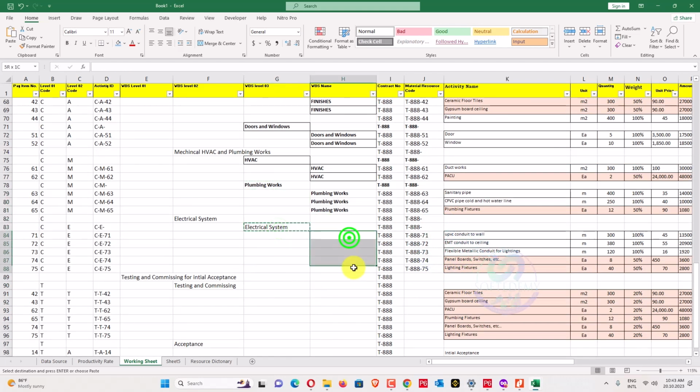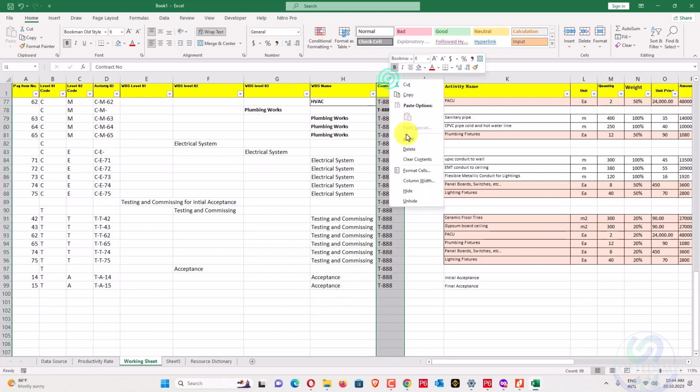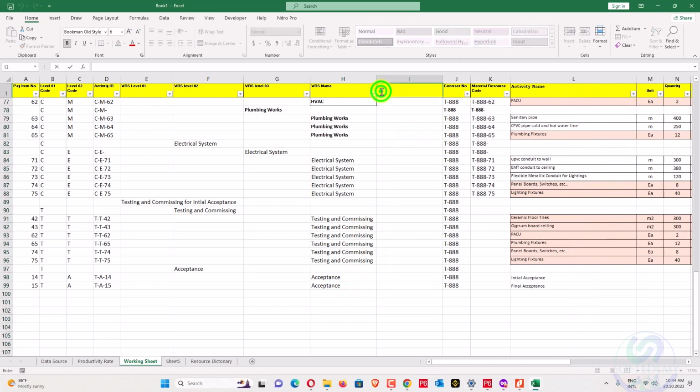This one electrical system, testing, commissioning, and for the WBS allocation. So we need here because we have to copy our WBS. Copy this, will paste, and now I will finally add my WBS code here.